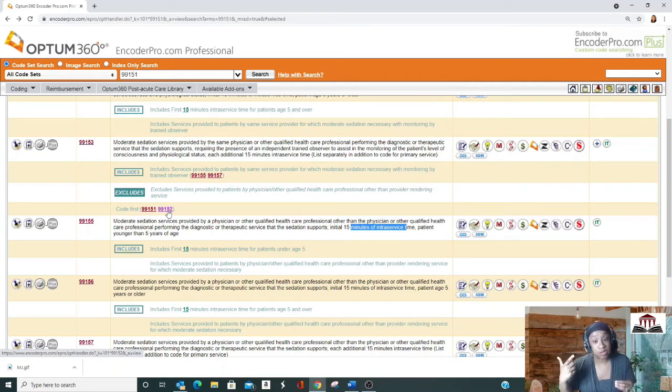But some providers think because they didn't do the airway and they didn't do anything deeper from a sedation standpoint, it's their intention that it's a moderate level of sedation. The AMA has actually clarified that that is actually not the case. When you do sedation services as well, you should have the ASA class or physical status of the patient documented within your record. That's absolutely a requirement.